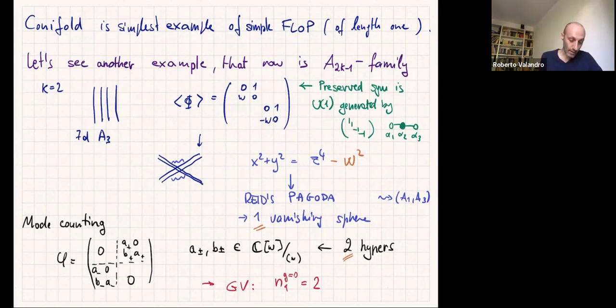Now, what is this? Well, if you study what this means at the level of the branes, it means bounding 2 branes between each other, bounding other 2 branes, and then tilting the 2 branes. So you have basically these 2 fat branes that are intersecting again. So you expect some hypermultiplet modes at the intersection. You can look at what is the preserved symmetry, and it's again a U1, generated by this